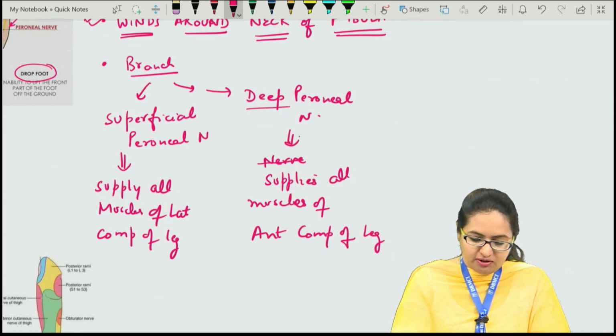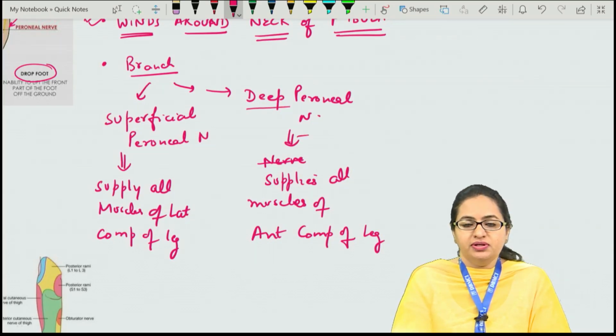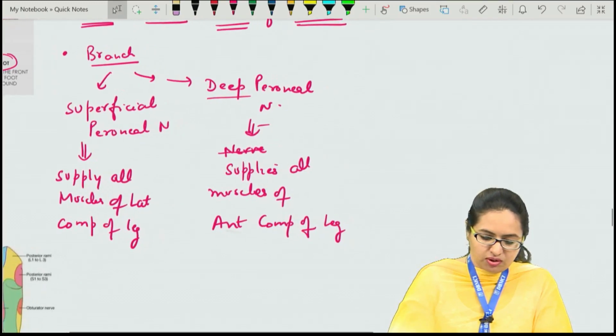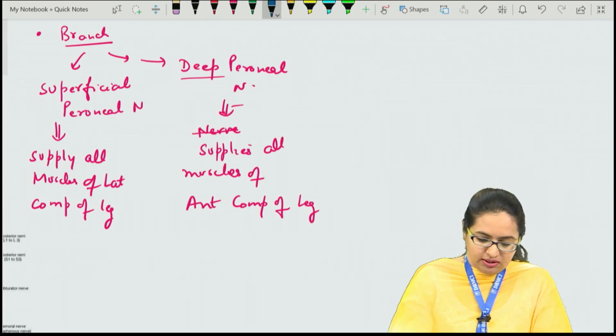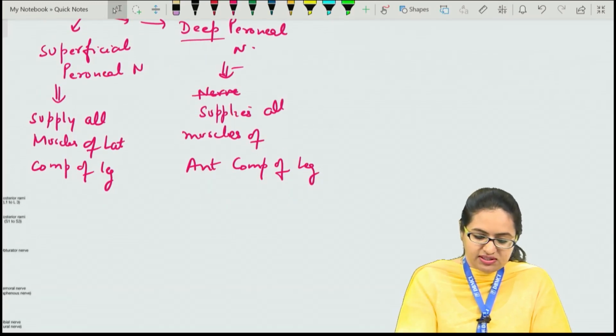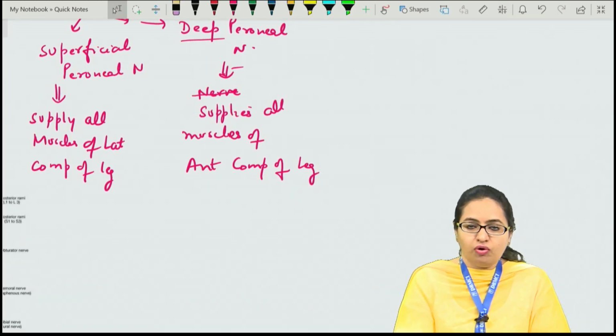So the deep peroneal nerve supplies all the muscles of the anterior compartment. That means it will be supplying the tibialis anterior, extensor hallucis, extensor digitorum and peroneus tertius. All these muscles are responsible for dorsiflexion of the foot. So if there is any injury of the common peroneal nerve or of the deep peroneal nerve, it will lead to